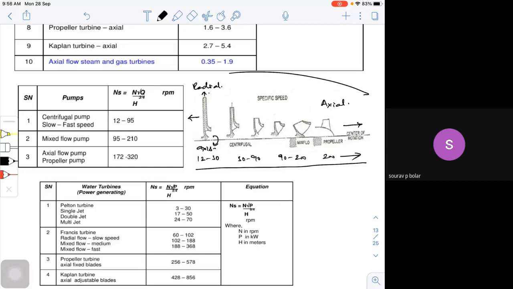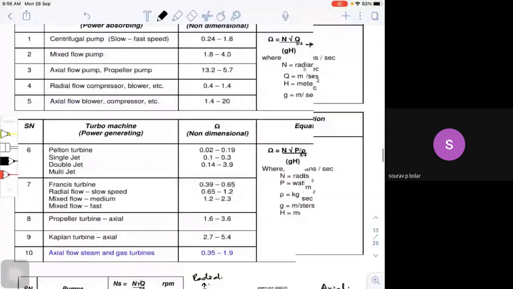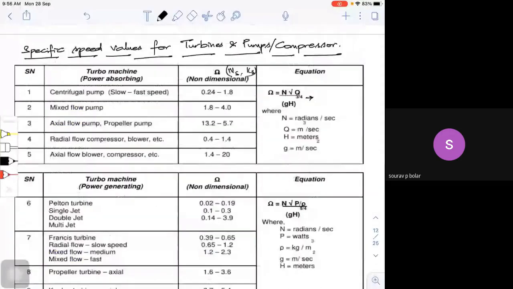That means from a lower specific speed to a higher specific speed, the type of blade will be radial at the lower specific speed and completely axial at the higher specific speed, with the transitions varying depending upon the specific speed. Now, we'll come back to these numbers. Now, the specific speed is low, as I told. So what type of machine is it?